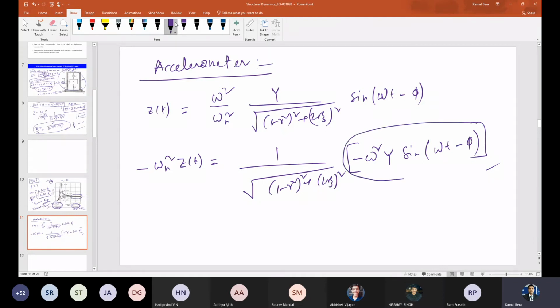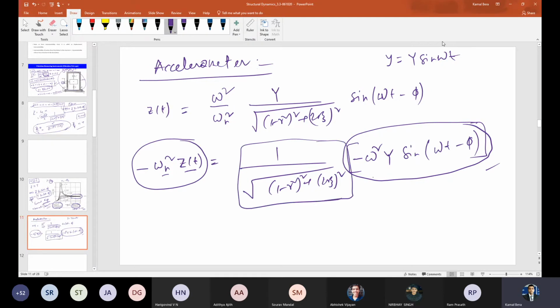Now tell me, what is this? What is the ground acceleration? So Y double dot, except the phi, right? Yes, correct. Sin omega t. So if I'm measuring this, small z(t), and omega n square I know, omega n squared is k by m, from the instrument, whatever k and m I am setting, so I know this. So I can actually calculate this from the measurement. In order to get the acceleration, I have to make this 1, nearly equal to 1. Okay.